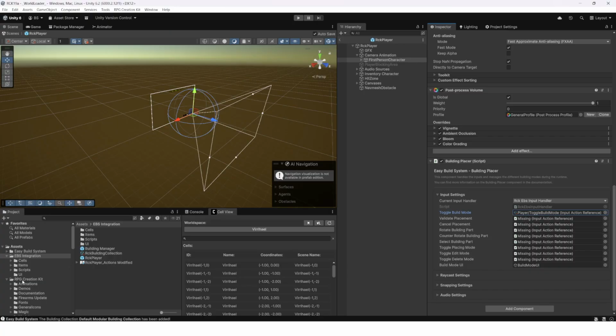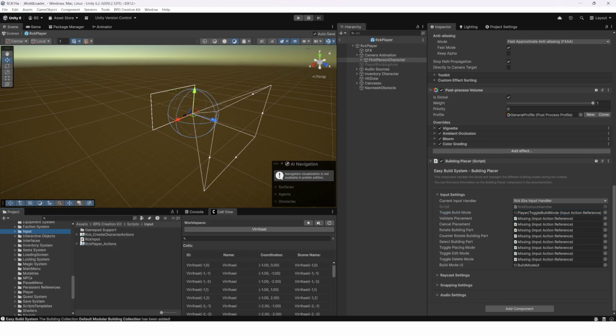It'll be easier probably than searching. So you can actually open up this RCK player actions, and we'll just drag building cancel to cancel placement, and edit mode,